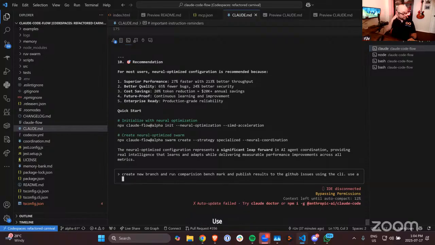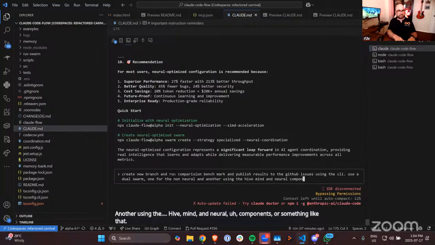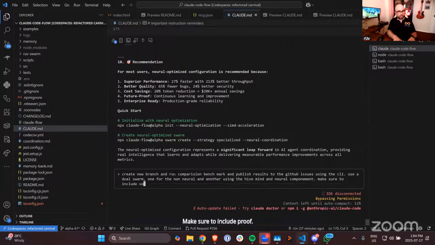Use a dual swarm, one for the non-neural and another using the hive mind and neural components or something like that. Make sure to include proof so people don't think this is bullshit. Something like that. Spawn